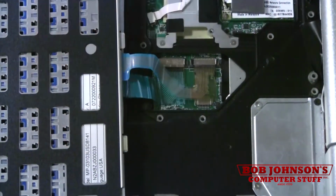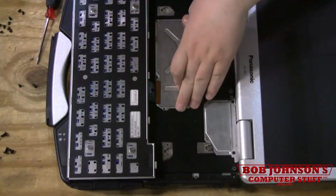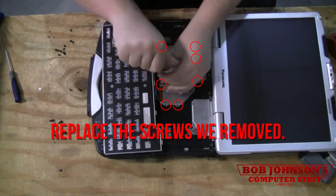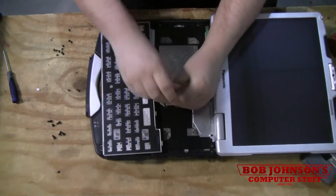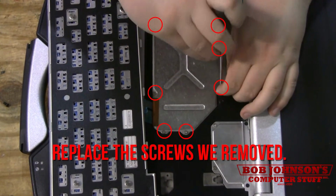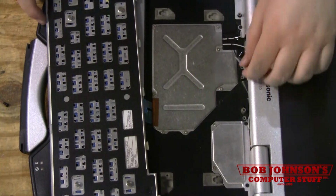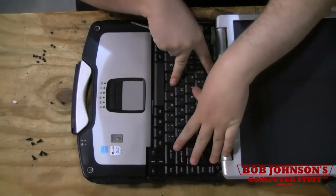Once that's done, you pull this up gently. This plate goes back on now. Take the keyboard off and put it back in. Just makes it easier if that's not in the way to put this back in. There's slots on the bottom of the CF-30 keyboard, so you have to push it down, and once it's nice and flat,